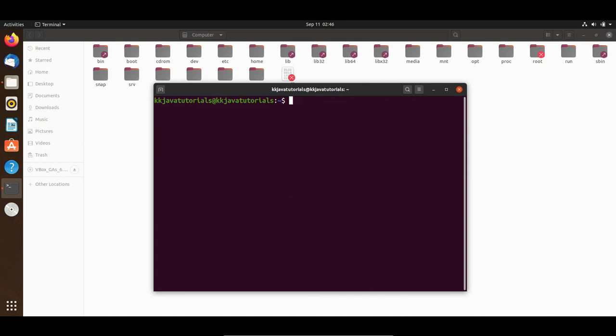So another option, here you can write cd, and then in double quotes you can write personal docs, right? Then also you can navigate into the directory which has some space. So a couple of ways you can navigate inside a directory which has space, right?